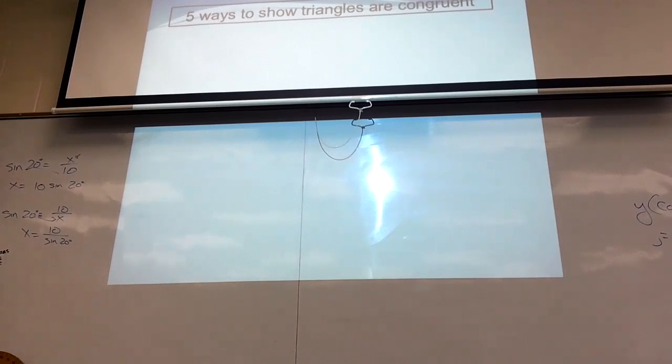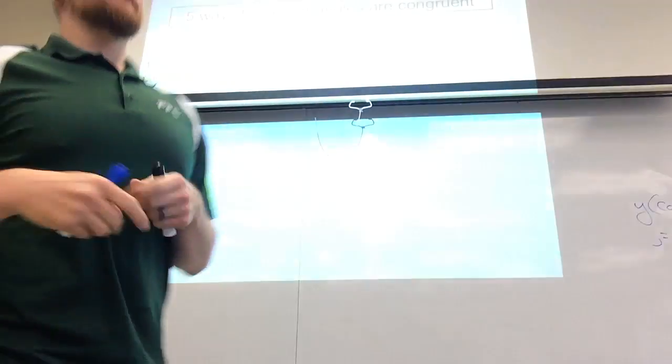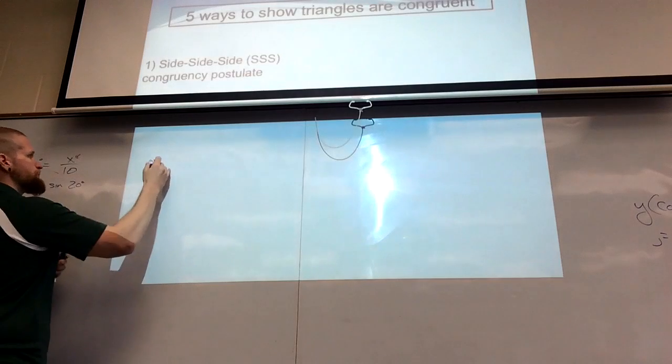The first one, and then I'll go into what each part stands for. It says side-side-side congruency postulate. Anytime you see the word side up there, that's standing for a pair of corresponding sides. When you see the word angle up there today, it's going to stand for a pair of corresponding angles. So what this postulate is used for is if I had 2 triangles drawn out,